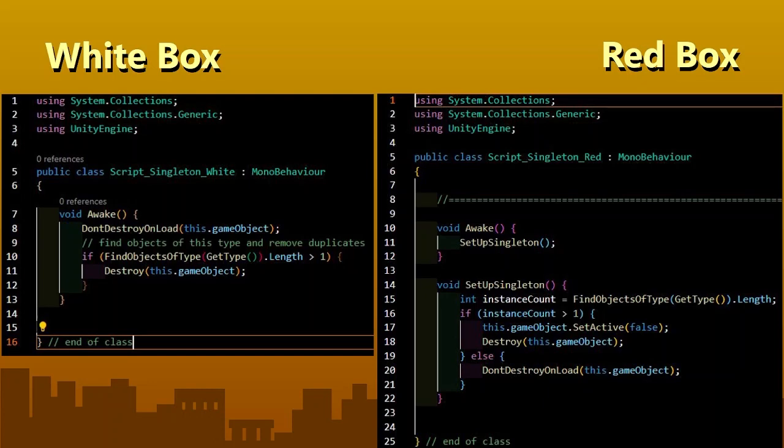2 instances, the instance count is 2. But we're checking here: if there are more than 1 instance, 2 red boxes, 2 white boxes, we will destroy these instances. Before we destroy, we will deactivate this game object. This is usually not required, as we don't have it in the previous script, but now we have it here. It's not required, but it's also good to do.